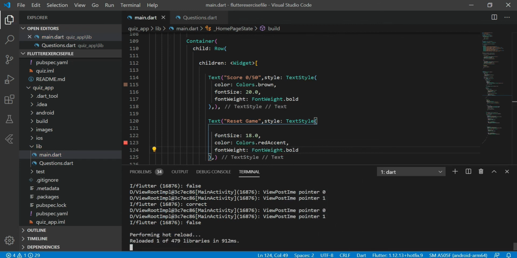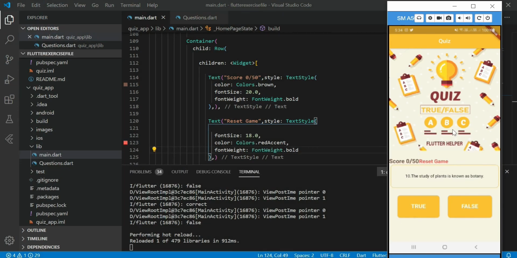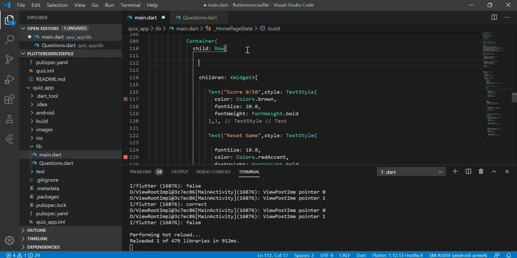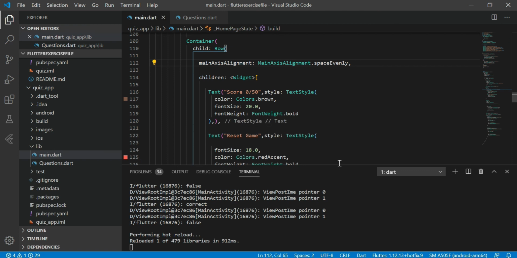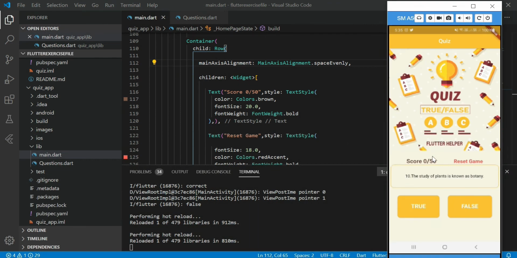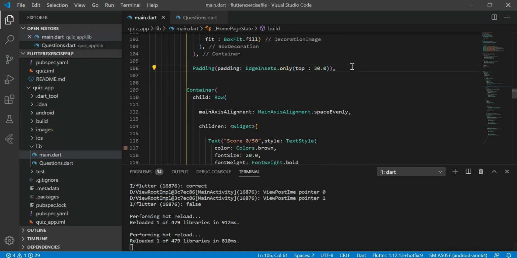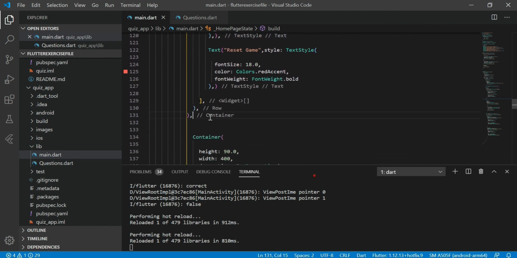Now let's run our app. Let's give a main axis spacing. Main axis for row is from left to right and cross axis for row is from top to bottom. Now it looks perfect.